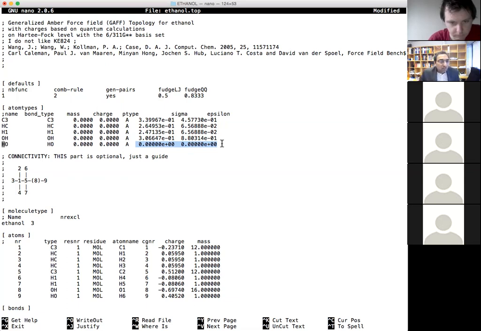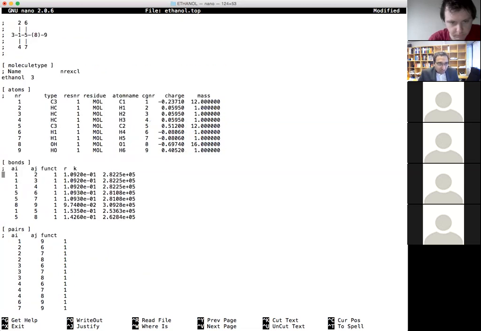Okay. So now we are done with the calculation of electrostatics and van der Waals interactions. Now, the PDB file that you had only had a list of atoms. It didn't tell you which atoms were connected to which other atoms. So then we come to the section called bonds, which describes all the bonds.